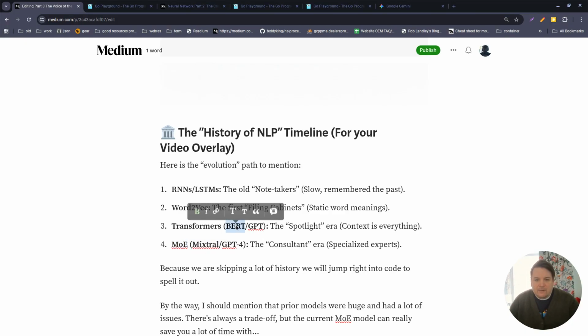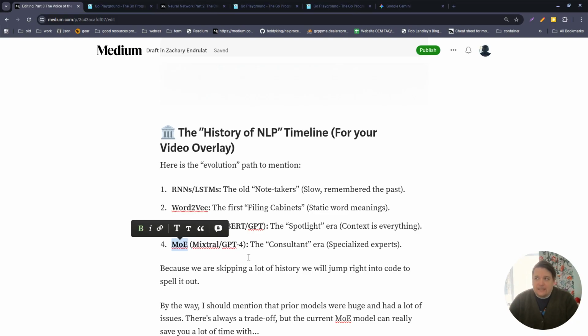Doesn't mean they don't have their role, but doing the MOE, the mixture of experts, wow, that is a simplification of getting what you want without using up all the resources while still keeping things simple to maintain. Yeah, it really is a masterpiece.